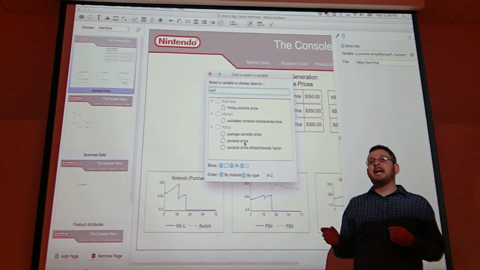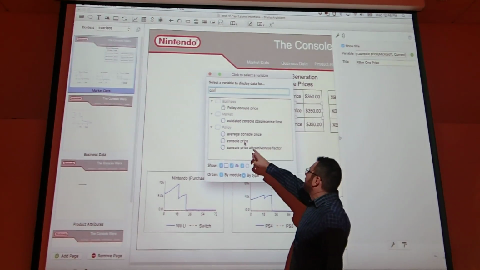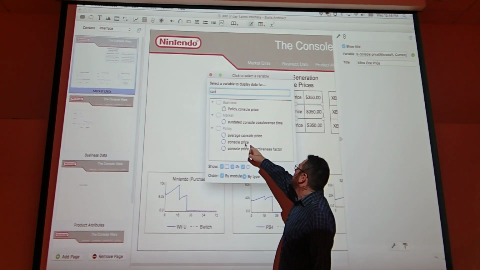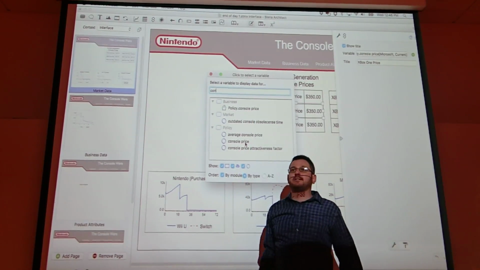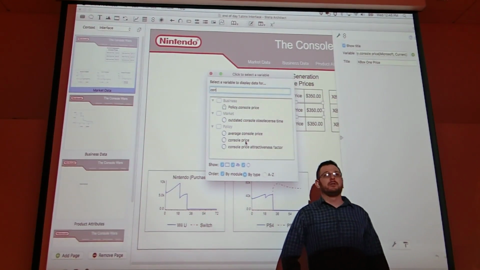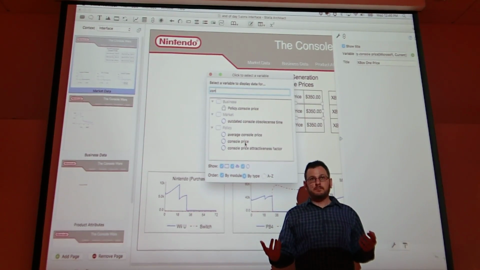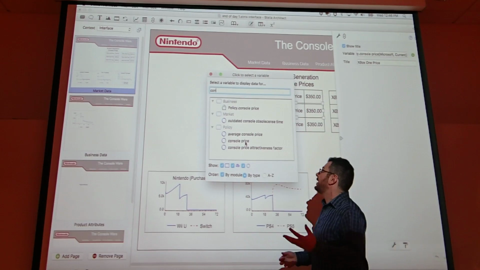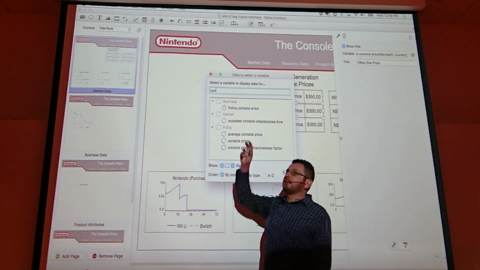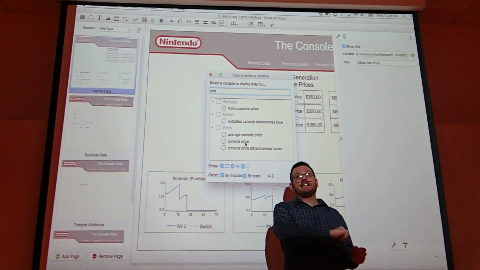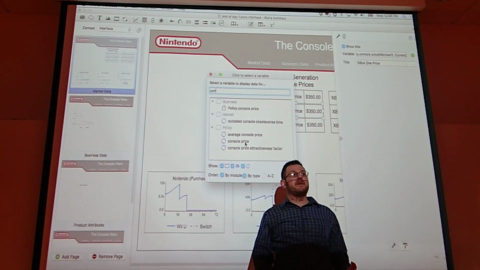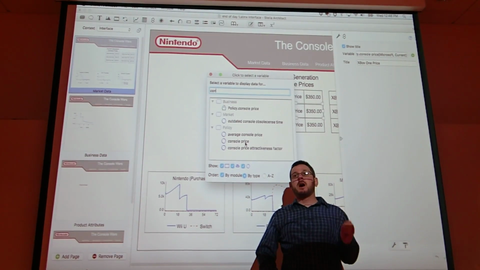And in that case, there is a very big difference between console price in policy and console price in business. So when we set up our modules, we have what's called an input variable and an output variable. The input variable is the one inside the module that we're taking the data into. The output variable is the variable in the module that is set